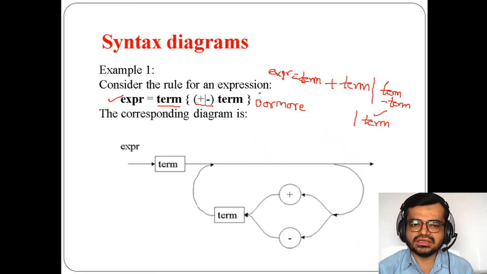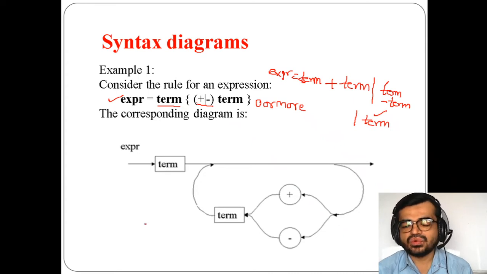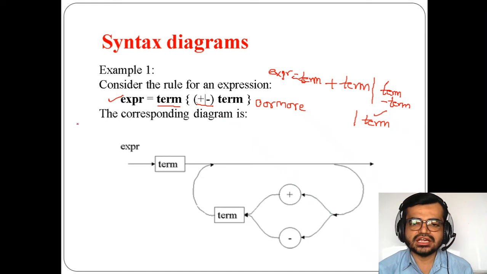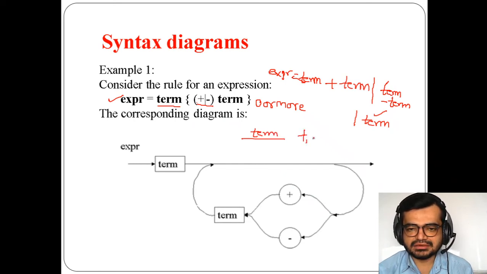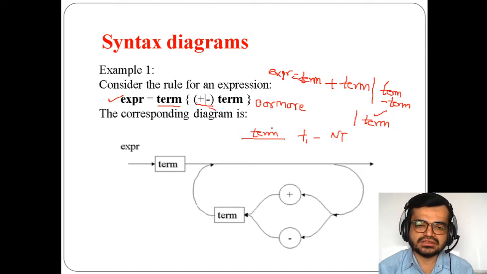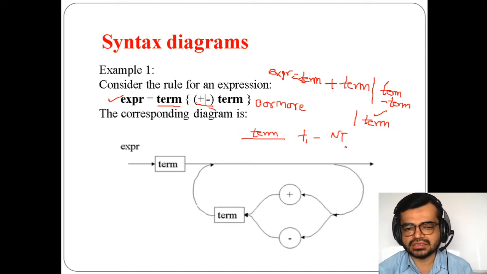Now what we need to do is take this production and represent it as a syntax diagram. First we need to know what can be the terminal and what can be the non-terminal here. So term is your terminal, and plus or minus are non-terminal.